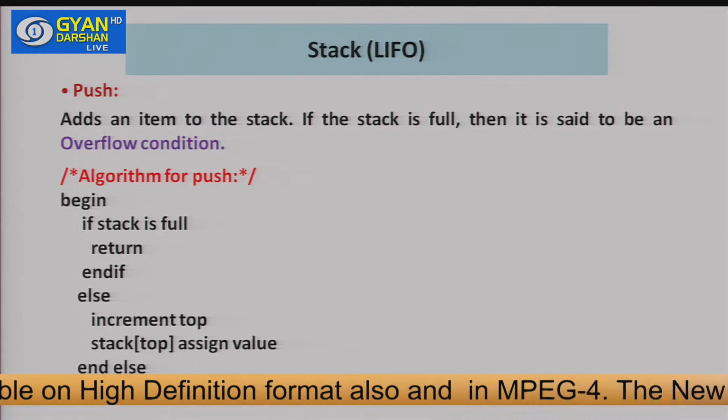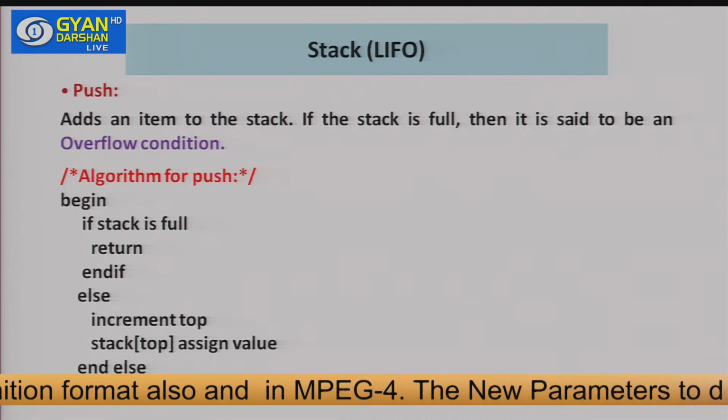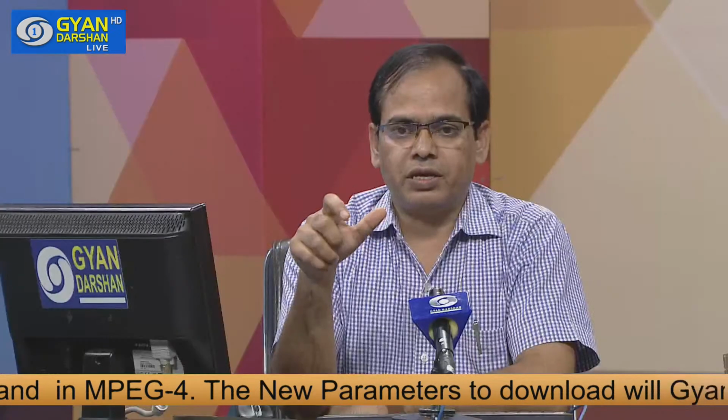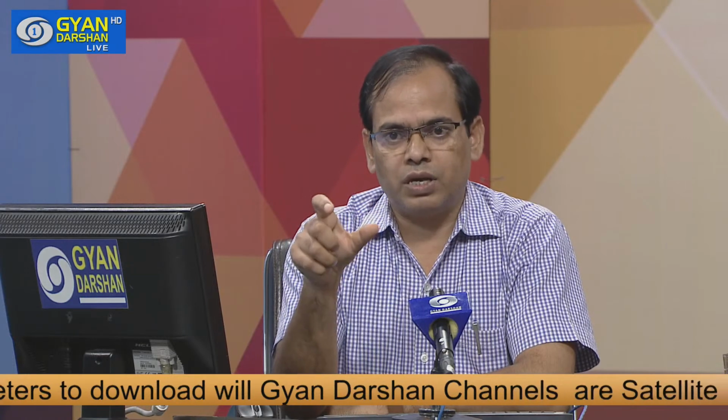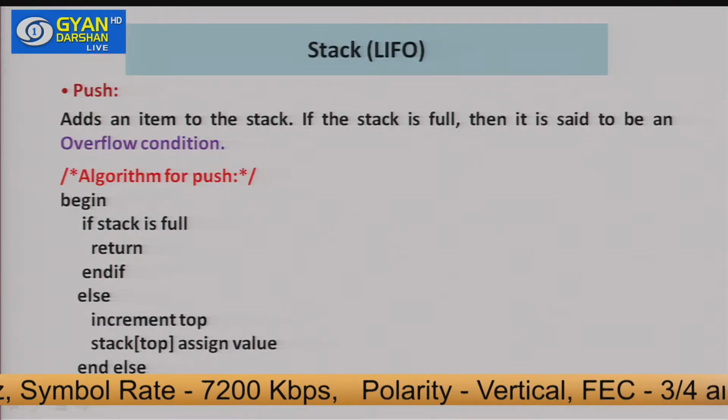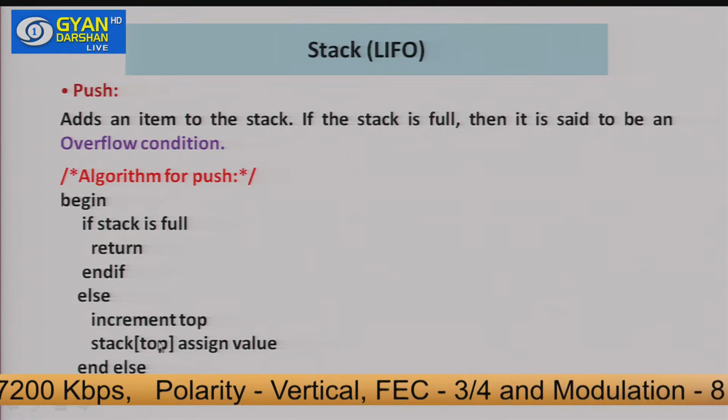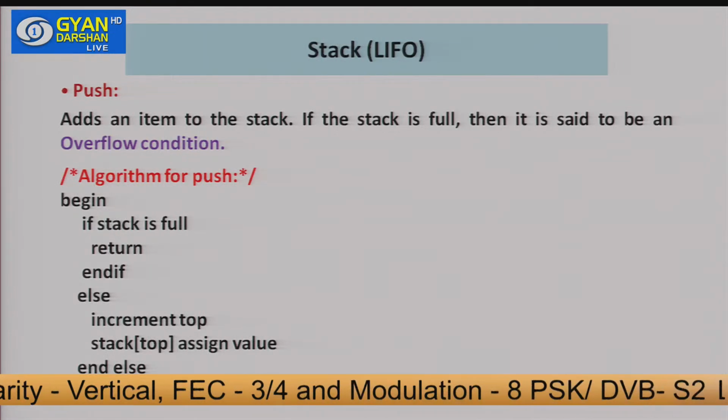which was inserted last. So for example, in a stack, if there are already 3 elements existing in the stack, then the top will be pointing to the third element. So obviously if we want to push any new item, then it should be inserted at the 4th position. So that's why we first increment the top, that is the index value of the top, and then we store the element at that particular location which is pointed by the top,